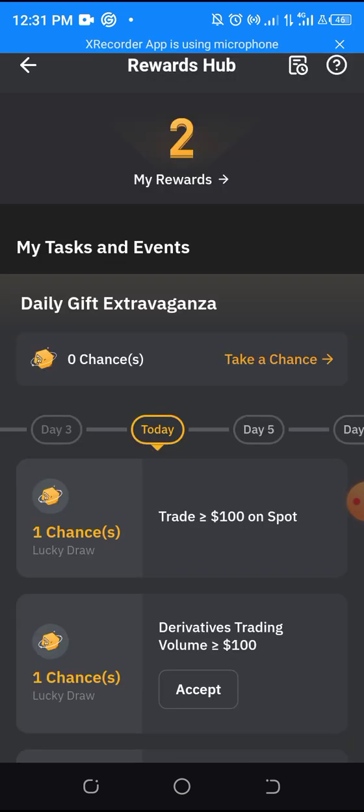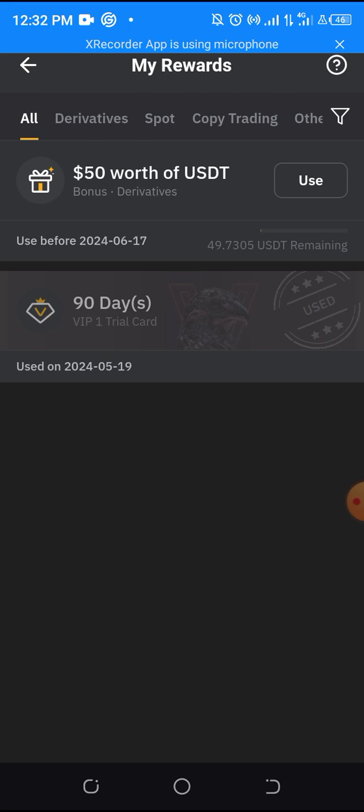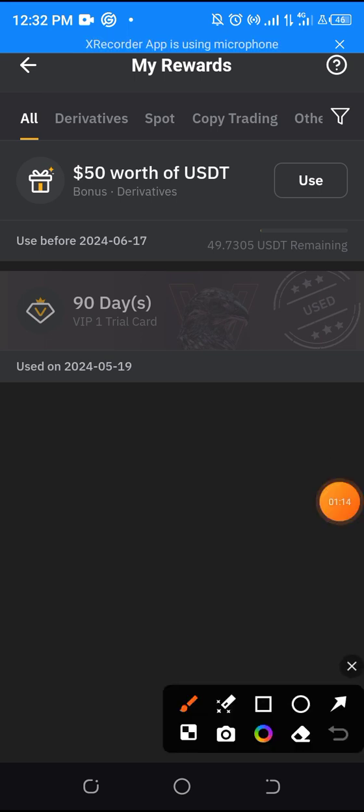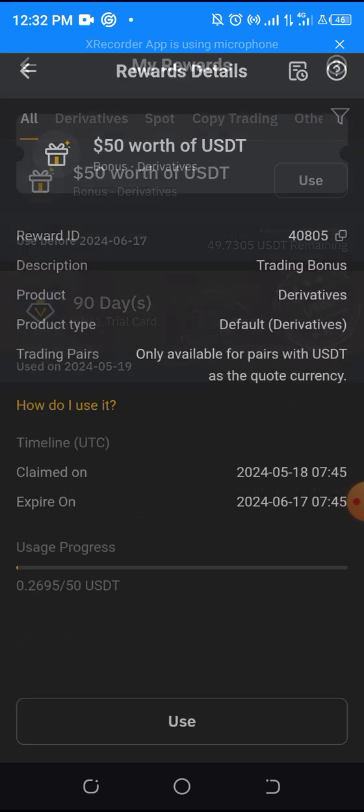And if you haven't claimed it, click on your rewards. Click on rewards. If you have not claimed it, you click on claim. But if you have claimed it, it will be showing you to use it. Now you click on use, right? Click on use. Okay, first of all, click on this